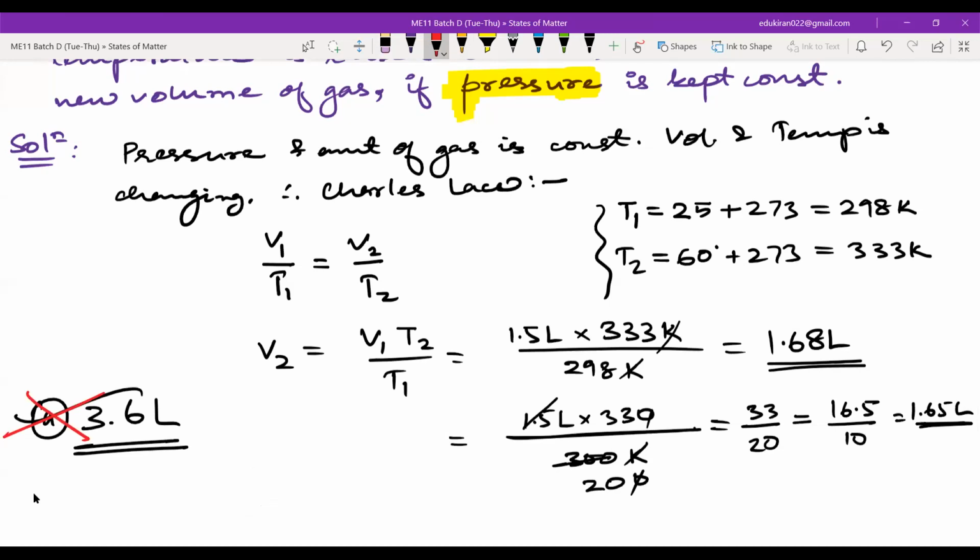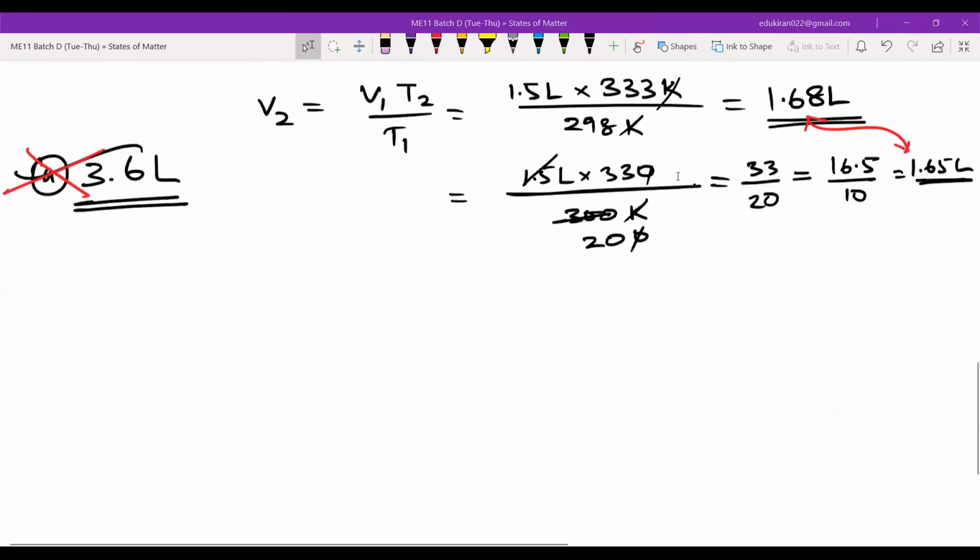Okay, write this down. Who has not written? And in the options, you will rarely get such similar values. If you're getting such similar values in the options, then please calculate honestly without any approximation or tinkering. Otherwise, I will always suggest that you tweak a little bit here and there. You get to the comfortable numbers. Comfortable numbers means the multiples of 10s or 5. That will make the calculation easy. Otherwise you will be drowning in calculation in this chapter. Write this down. Let me know if you're done. Okay, everyone is done.